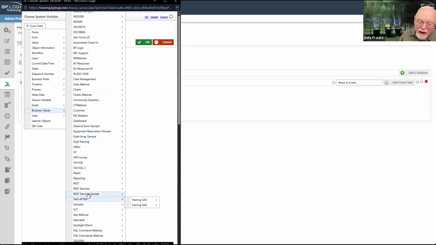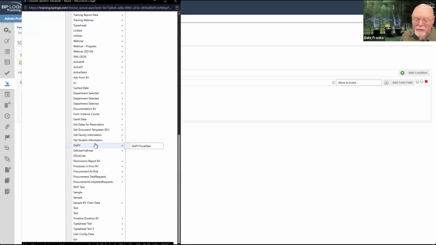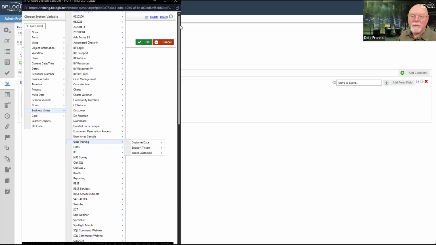But as you can see here, I've simply outgrown the drop-down menu, and it's very, very large, and it's sometimes hard to find items. In fact, look up here at the very top. I can't really see what that is because it literally goes out of screen.